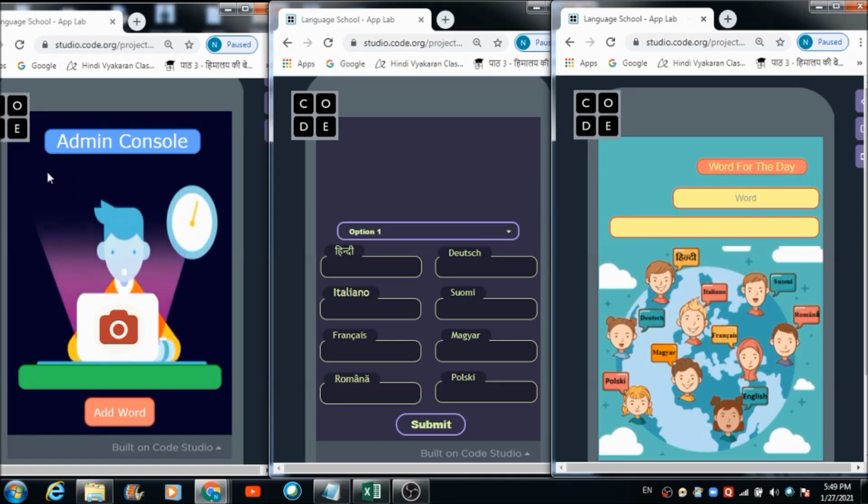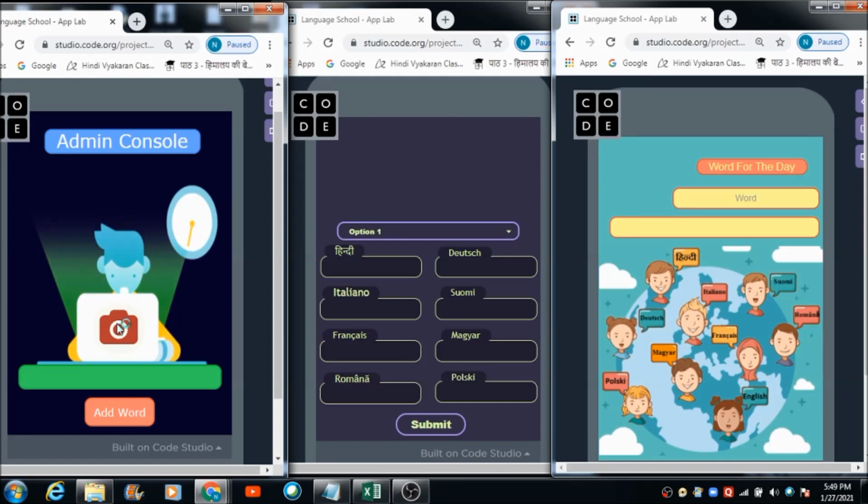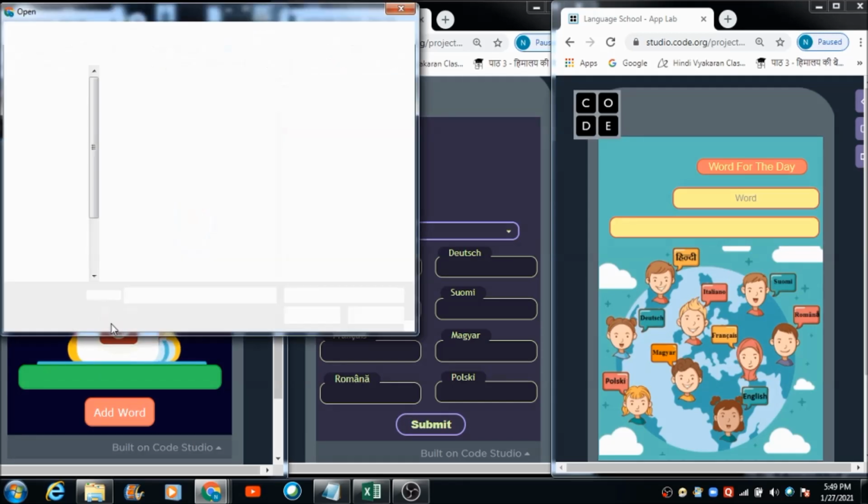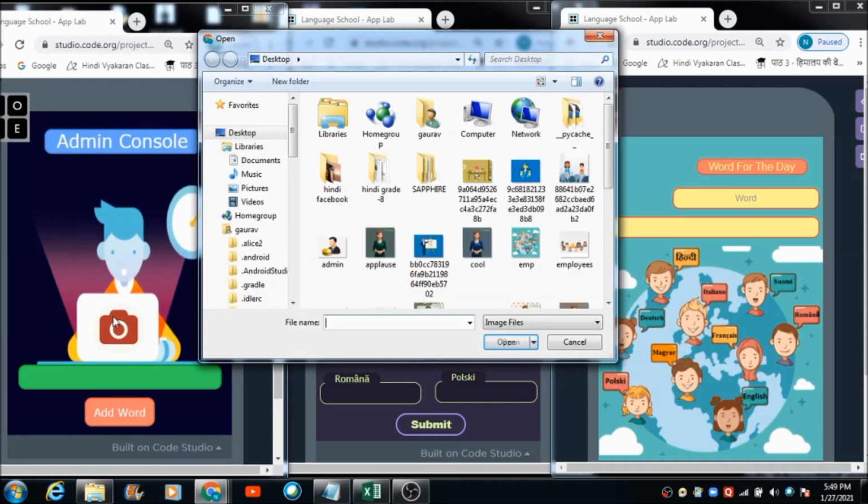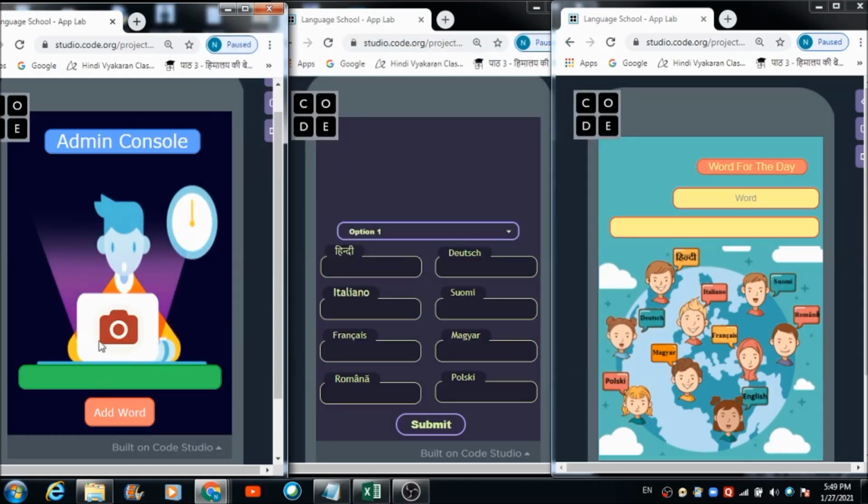Fine. Now with the help of this admin panel, the admin can place a word, he can publish a word. Before that, he needs to upload a relevant pic using this photo select button which I've defined on the admin's panel. When the admin hits this photo select button, automatically he's going to get redirected to one of the locations present on his device.